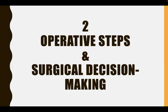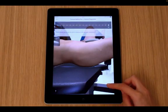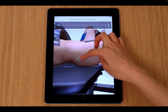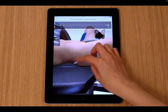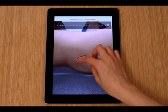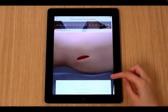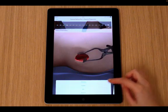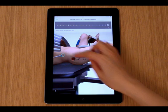Other methods of applying simulation include operative steps in surgical decision making. This could be something similar to this module that we created in association with Touch Surgery, which has been bought by Medtronics. This is an app that's freely available, in which anybody who downloads it is able to go through the surgical steps of a procedure, in this case a femoral intramedullary antegrade nailing, and be able to participate using their digits